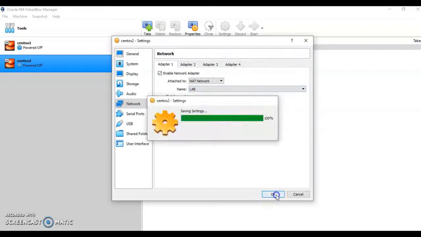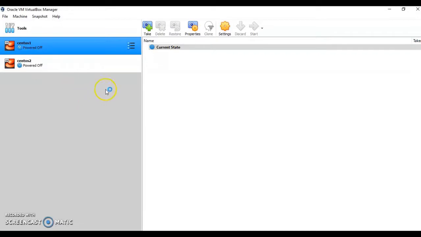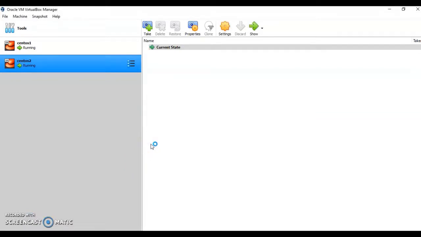Then click on OK. Now we have to check whether these individual machines got the IP address in the range that we have specified in the preferences option. For that, simply start these virtual machines. So we have started both virtual machines, and we will be checking the IP address of these two machines.